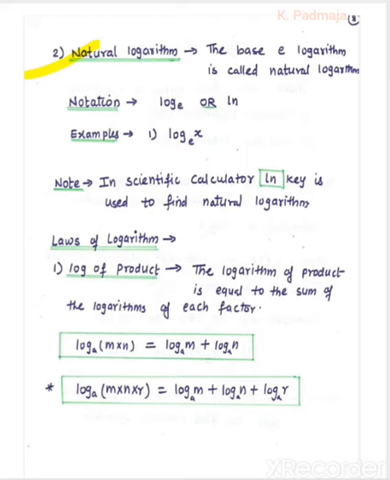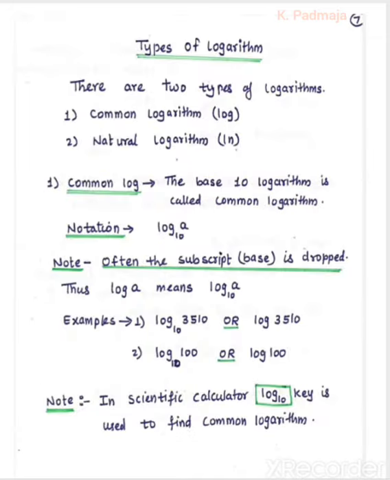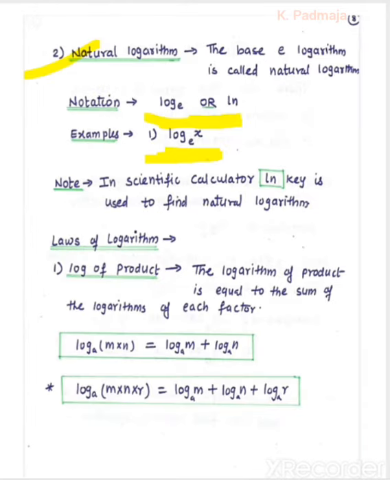The base e logarithm is called natural log. If in any logarithm base e is written, it is very particular. We have to understand that whenever it is a natural log, the base will be mentioned very clearly. Like in common log, if the base is not written, we have to take it as a common log, meaning if base 10 is not written, we consider that as a common log. But in natural log, the base will be clearly mentioned. If log x to the base e, every time whenever it is a natural log, the base will be mentioned.